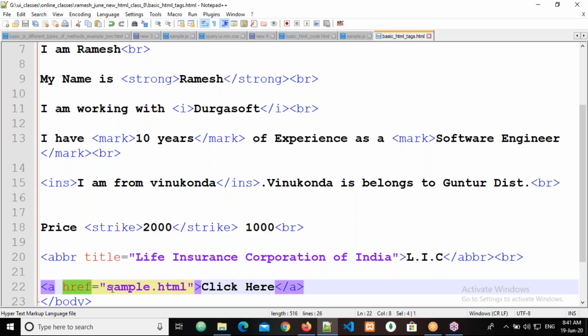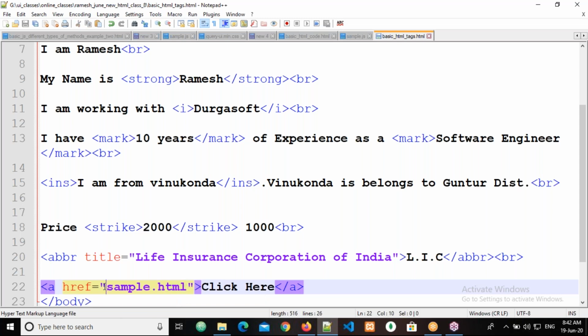That means whatever file you want to give a hyperlink to, you need to write the particular path of that file. So here I'm writing sample.html, and it will find it directly in the root folder only, because you are not writing any folders here.